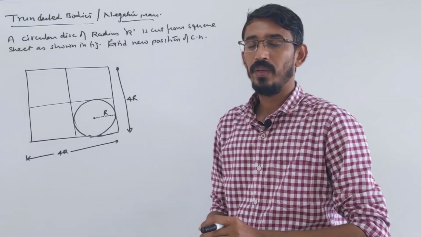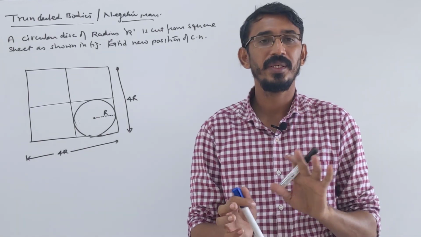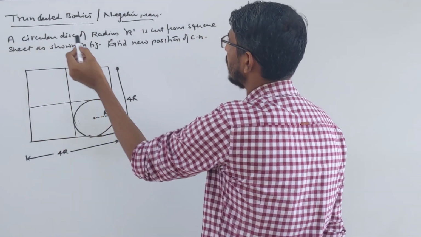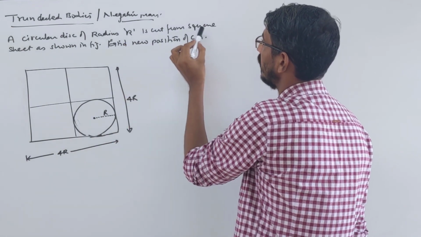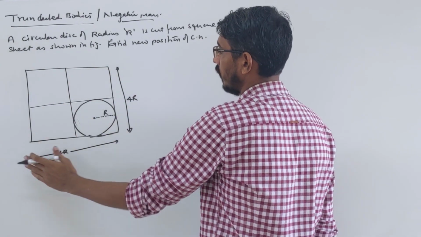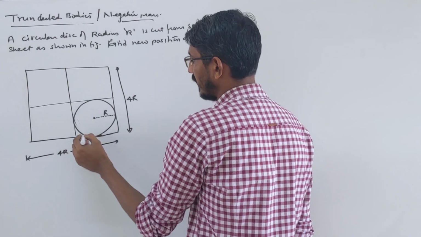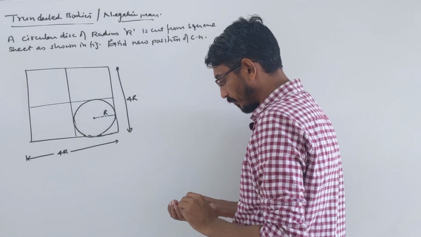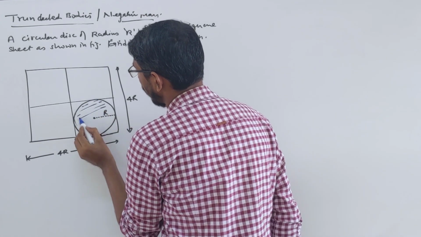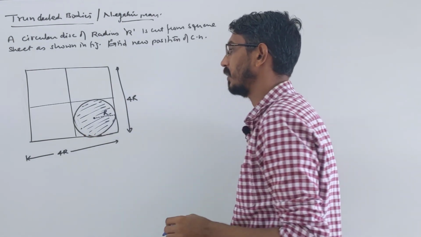Okay, we are doing one more problem on the same concept. A part of a body is cut and removed, and we have to find the new position of the center of mass. So look at this problem. A circular disc of radius r is cut and removed from the square sheet as shown in the figure. This is a square sheet of uniform thickness with sides 4R and 4R, and this is a disc which is cut and removed from this. One disc, two discs, any number of discs they can cut from any part. So this is a disc which is cut and removed. We have to calculate the new position of the center of mass, right?